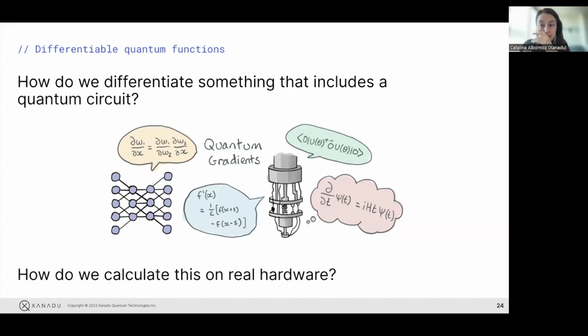If you are running on simulators, and this is what we do most of the time, I do encourage you to use backpropagation or adjoint differentiation. This is another method, and it's the one that actually works with Lightning Qubit, Lightning Kokkos and Lightning GPU. It's adjoint differentiation. It's already coded for you. And this one is the fastest one. This one works really fast. So my recommendation again would be